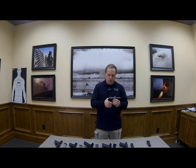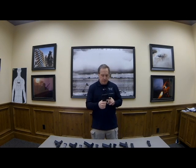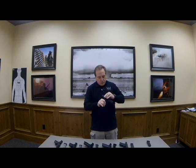I have a H&K USP, and this is a double single-action pistol. It's not a striker fire pistol. It actually has a hammer on here. And what are you talking about when you say double single action? Well, we're talking about this hammer here. The first thing we have to notice is the first trigger pull is an extremely long trigger travel. I start out here, and as you watch this hammer, as I start pressing this trigger,